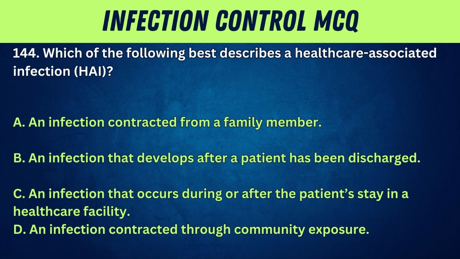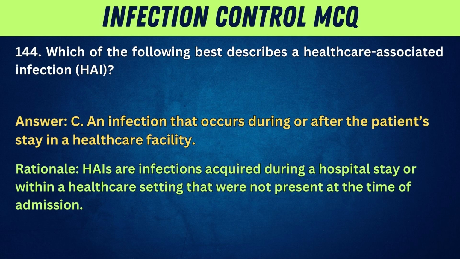agents. 144. Which of the following best describes a healthcare-associated infection, HAI? A. An infection contracted from a family member. B. An infection that develops after a patient has been discharged. C. An infection that occurs during or after the patient's stay in a healthcare facility. D. An infection contracted through community exposure. Answer: C. An infection that occurs during or after the patient's stay in a healthcare facility. Rationale: HAIs are infections acquired during a hospital stay or within a healthcare setting that were not present at the